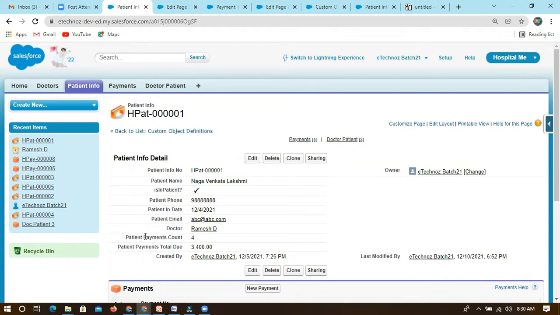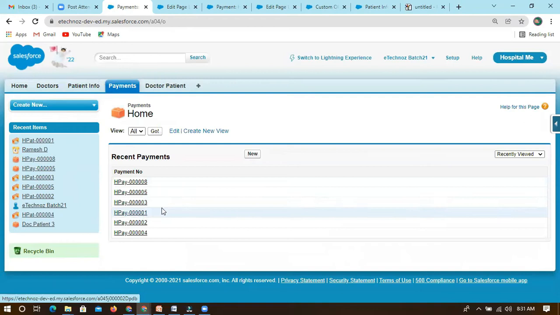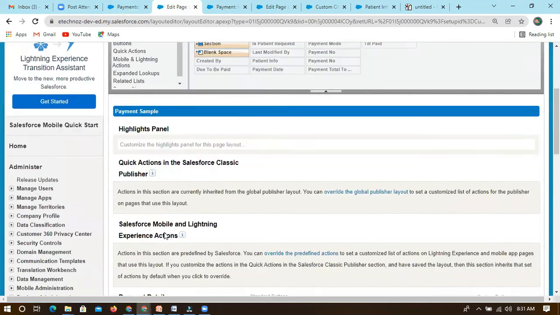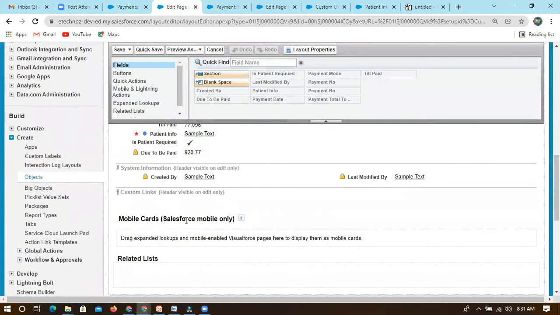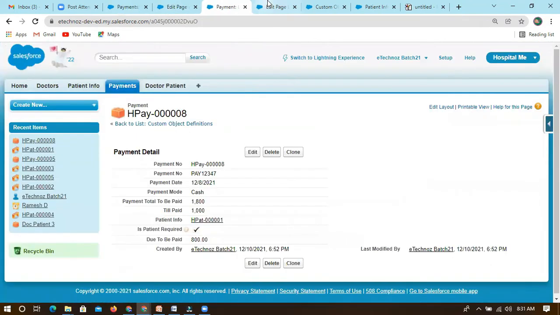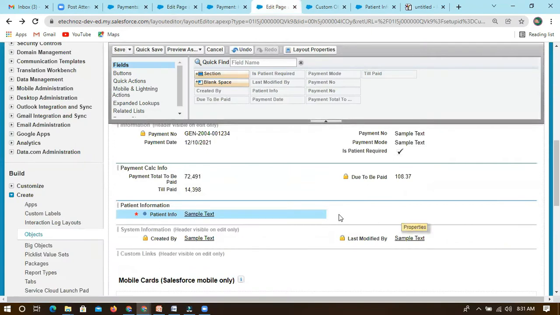For any other field, if you want to use one, you can use a formula field. Within payments, you can create a formula type. I have told you that we can have a data type formula field. Within that, we can relate that information, and that also we can show here. You can try it, or otherwise we will do it in the next class. Simply we need to create a formula field that you can display here.